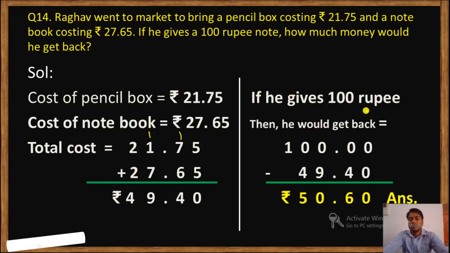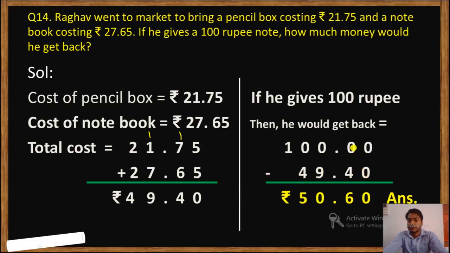Understood? If he gives 100 rupees, then he would get back some amount. How to find out that particular amount which he is going to get back? Okay, so we have to subtract this total amount from the 100 rupees. Understood? So first we'll write 100.00 minus